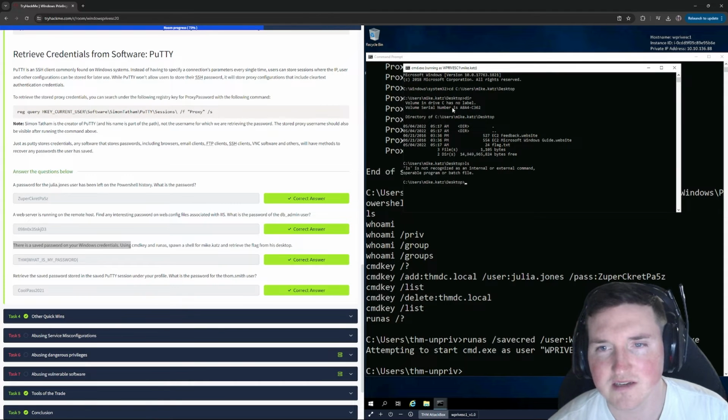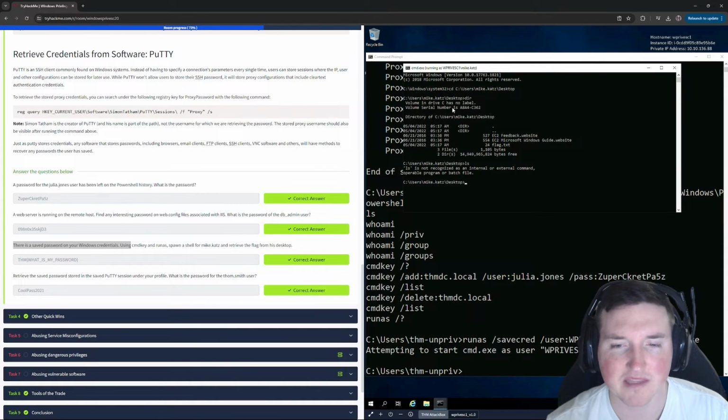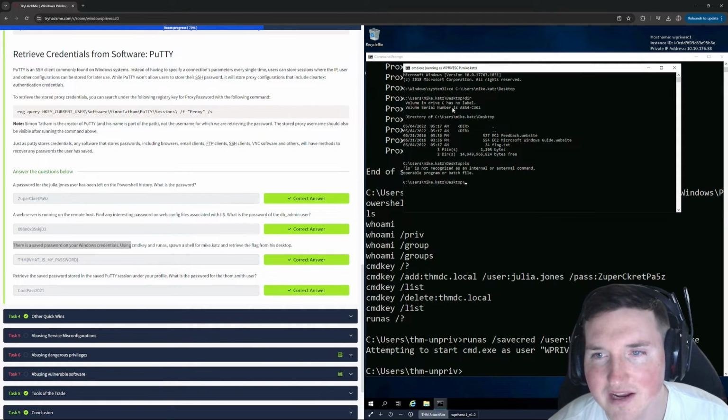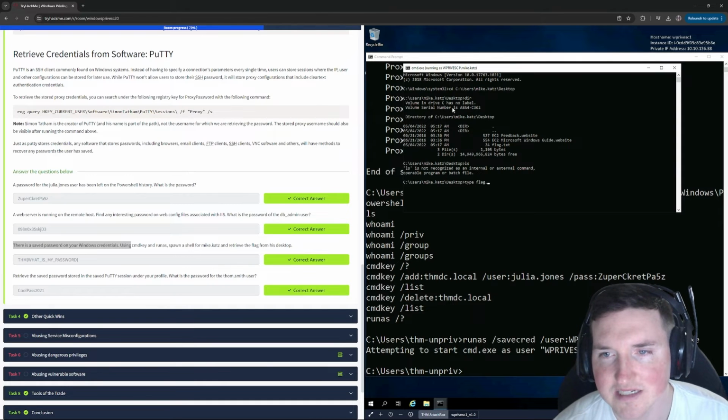It says it's not recognized, but then the history shows that there was ls ran. That's kind of actually funny. I just thought about that. And then we say type flag.txt,